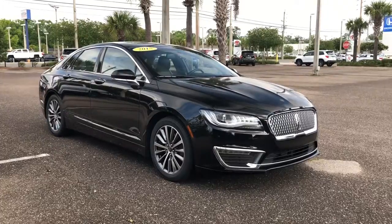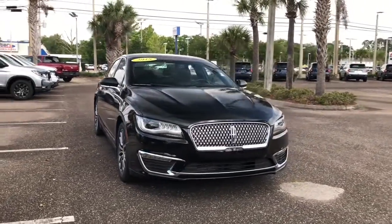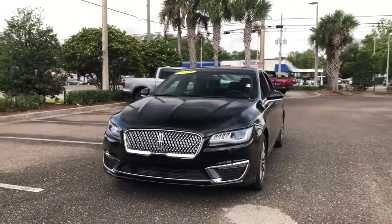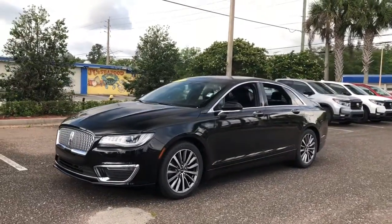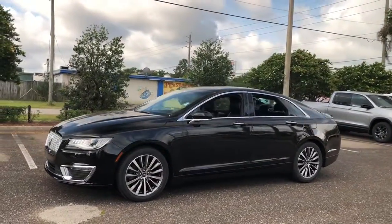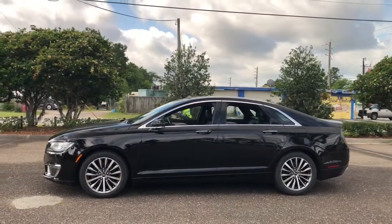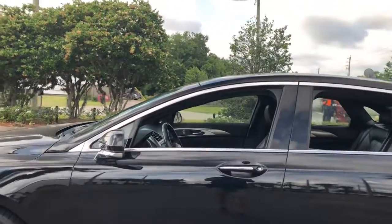You will be amazed by this 2018 Lincoln MKZ. This vehicle is an outstanding buy with fewer than 25,000 miles on the odometer. Take a closer look at this sleek Lincoln MKZ, the powerful four-door sedan with a premium feel. Its comfortable, refined interior and standard driver assist tech lets you optimize confidence and reduce stress every time you take